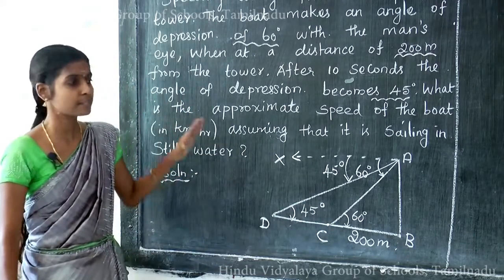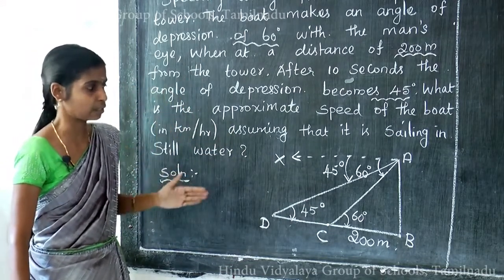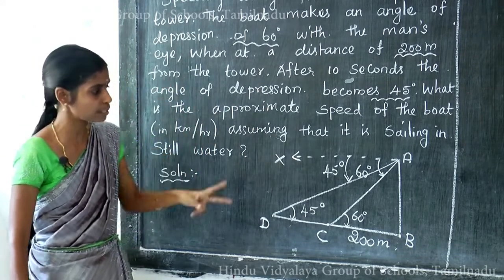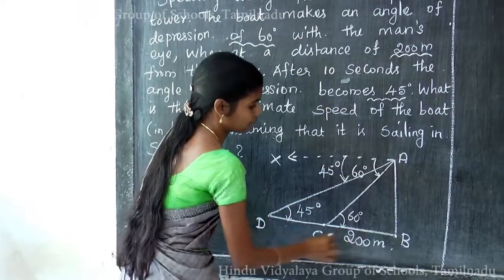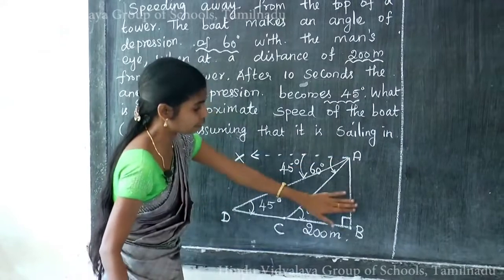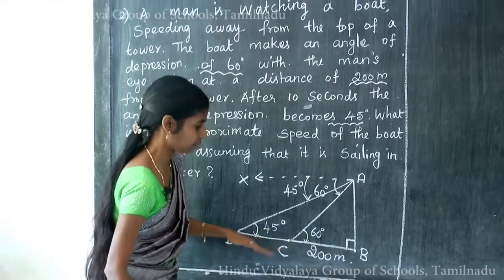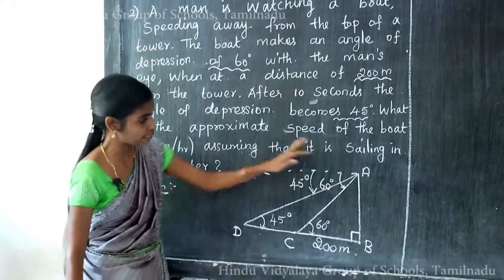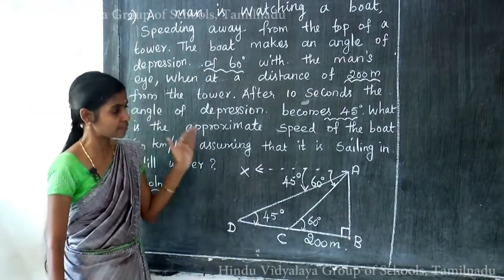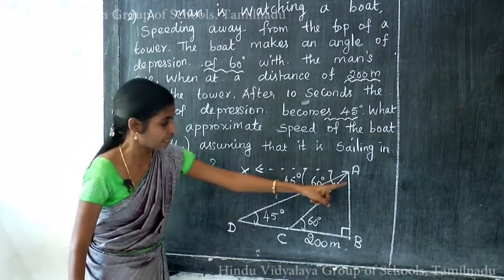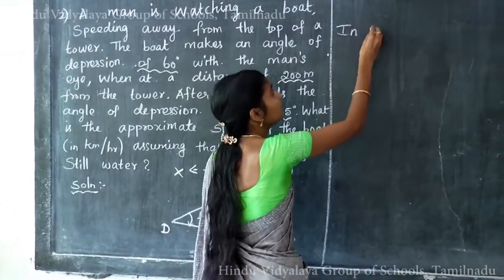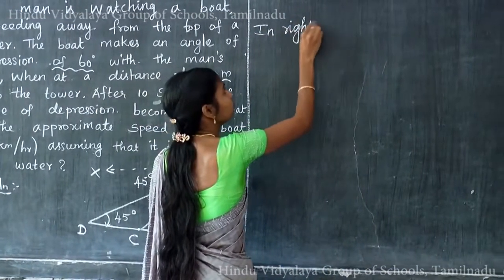So in trigonometry, first we look at the right angle triangle. So what are the right angle triangles here? Yes, there are two right angle triangles. One is triangle ABC. Here B is 90 degree, that is, the tower makes 90 degree with the water level. Also, another one is triangle ABD. This is also a right angle triangle. So first we consider the right angle triangle ABC. So in right angle triangle